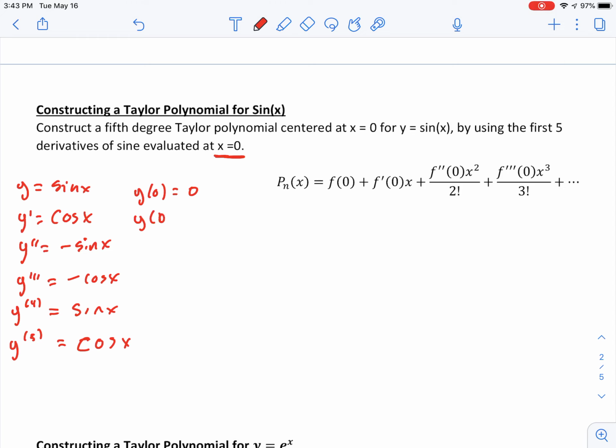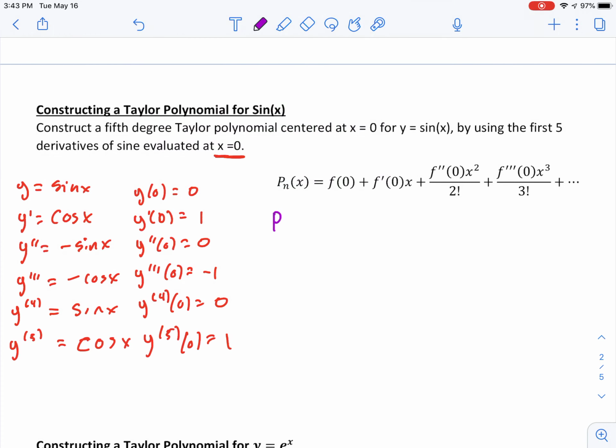Y prime of 0 is then going to be 1. Y double prime of 0 is 0. Our third derivative at 0 is going to be negative 1. Our fourth derivative at 0 would be 0, and then our fifth derivative at 0 would be 1, and this pattern would repeat. And so if we were going to come up with the Taylor polynomial formula, we would